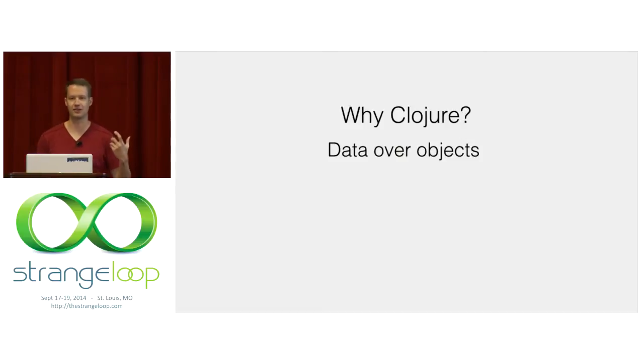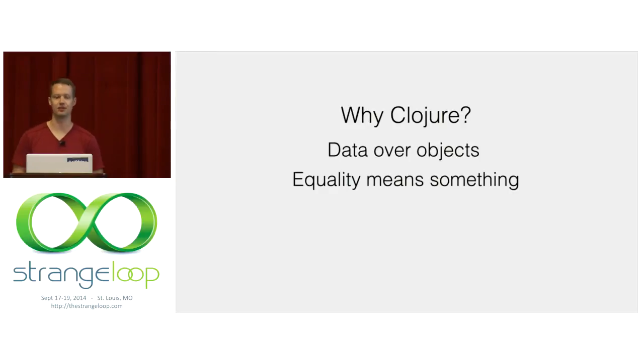Part of it is that Clojure emphasizes data over objects. As we write rules and expressions, we want to easily access our data versus having to dig through some object model. Equality means something, and I'll show an example of why this is important when we jump into the code. Clojure has well-defined equality semantics for all types, and if you're working with any form of logic programming, just something as basic as saying whether two things are equal, knowing that they will always be equal and not being able to mutate them underneath us, really simplifies how we can reason about our systems a lot, and we can leverage that extensively by doing this in Clojure.